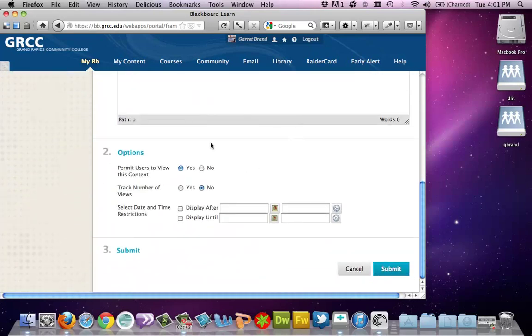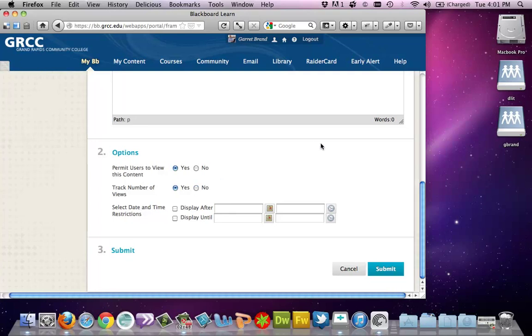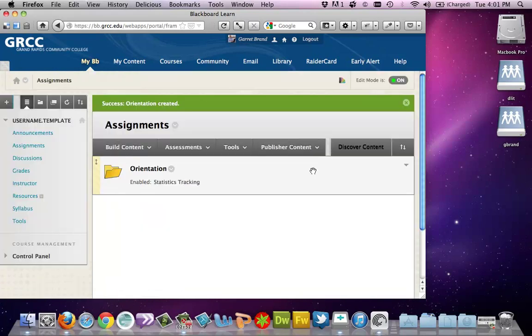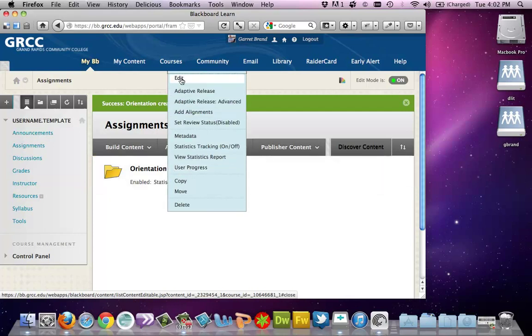And there's not a whole lot of settings on it. By default they're available to users. You can track the number of views if you want to know who's going to look at your orientation, and I hit submit. Now one thing I can do is I can edit it, and I could add a description underneath of it, perhaps an outcome, perhaps what the orientation is about. So you click the menu beside the link and select edit,